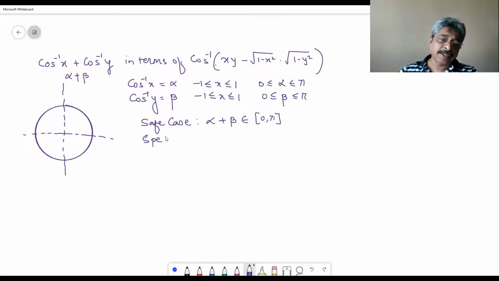Special case, alpha plus beta is equal to pi,